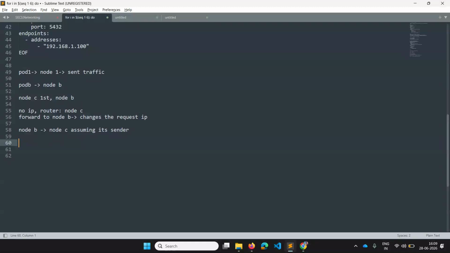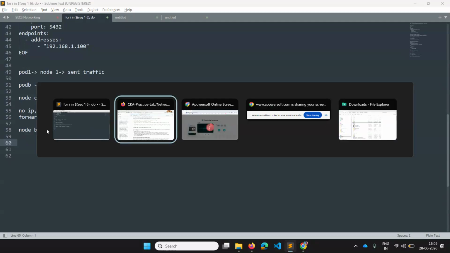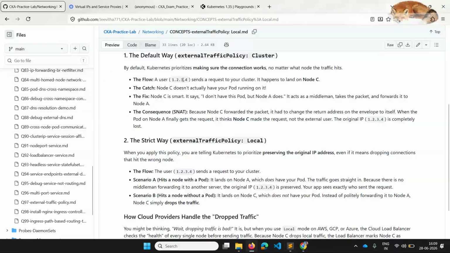Now the response of that pod, pod B, is sent to the original sender, pod 1. That's how the whole routing happens when you have the external traffic policy as cluster. I hope you understand. That is the default way.